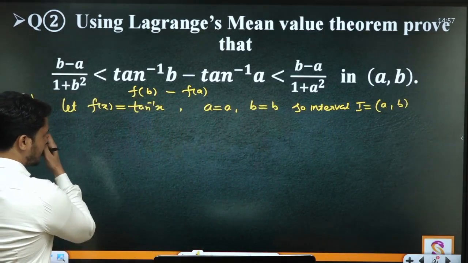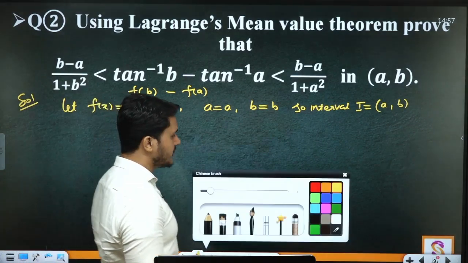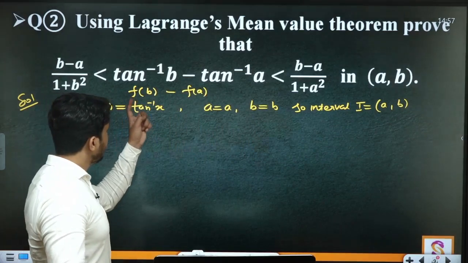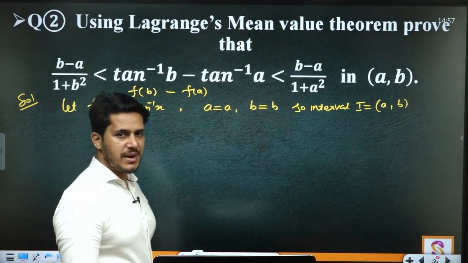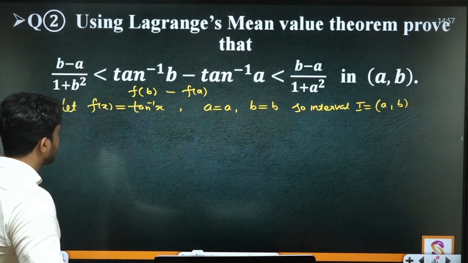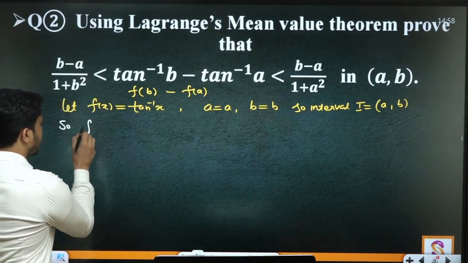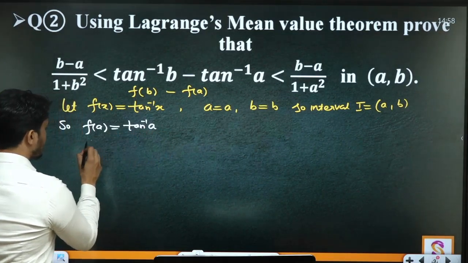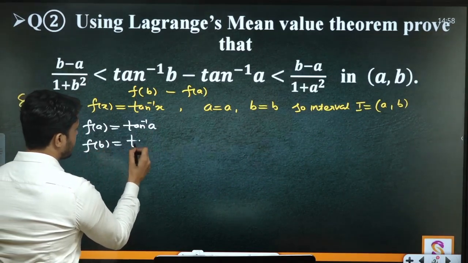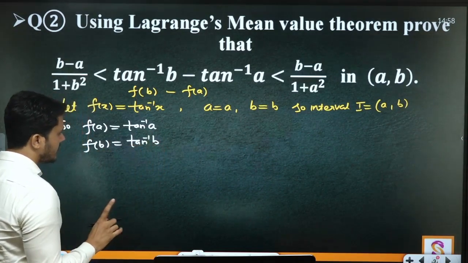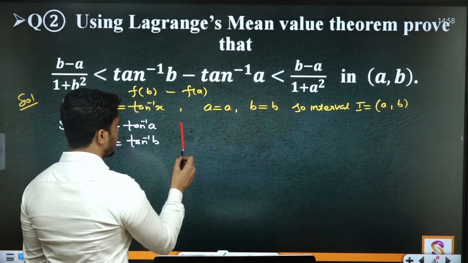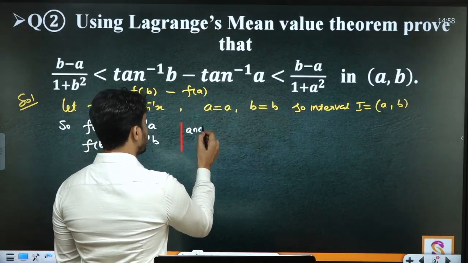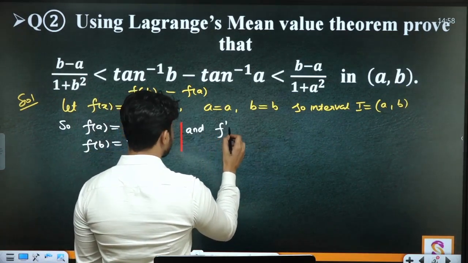अब जरा समझो बात को. f of x equal to tan inverse x. To prove this theorem we will apply Lagrange's theorem, because in that theorem we have fb minus fa upon b minus a, वो अपने आप आ जाएगा. तो जरा अभी देखो इसमें हमें किस चीज की जरूरत पड़ेगी. So fa is equal to tan inverse a, fb is equal to tan inverse b. Okay. Second thing, you have to differentiate this function f,